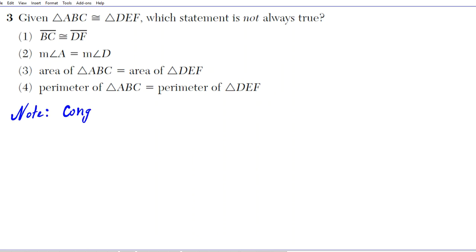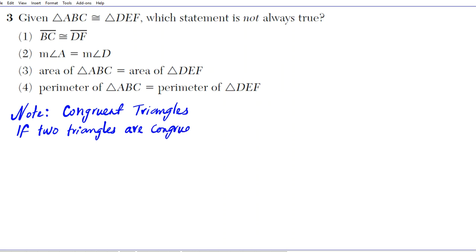Concerning congruent triangles, if two triangles are congruent, then